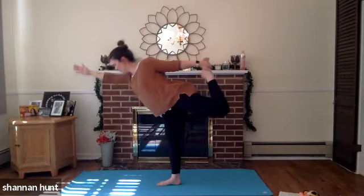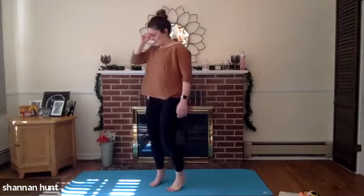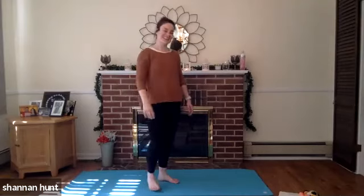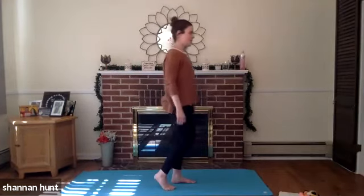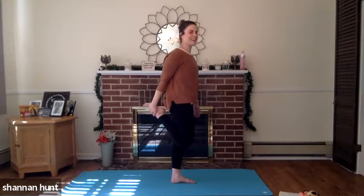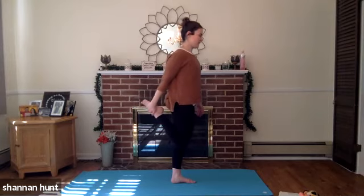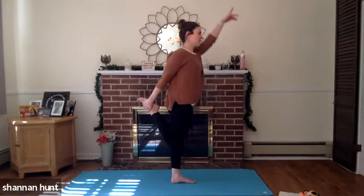And then we come all the way back up. Beautiful, let that side go. You can pedal your feet out, and then we'll switch sides. So now you'll root down through your left foot, bend your right knee, grab hold of your right foot with the right hand. Find a gaze, something that's not moving, maybe a grain of wood, and then left arm reaches